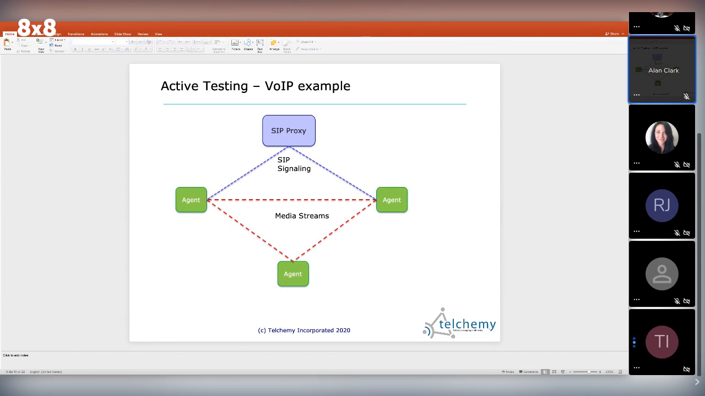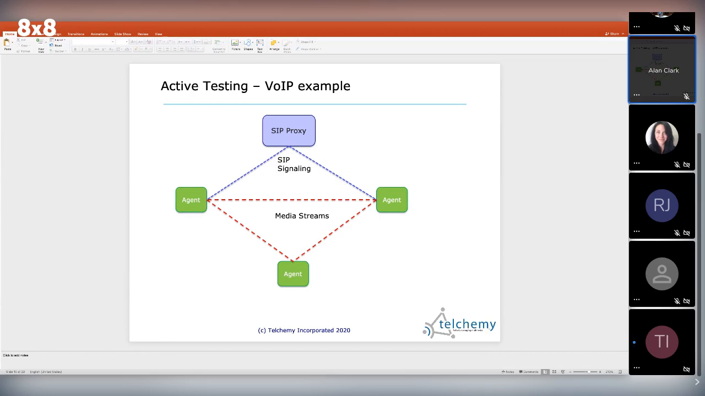So as an example, if we have 3 active test agents, then they can make calls between each other or to IP phones or gateways. They use SIP signaling to make the call, and if the SIP call establishment is successful, then a media stream gets set up. Through doing this, you're actually testing both the SIP infrastructure, which is the registration